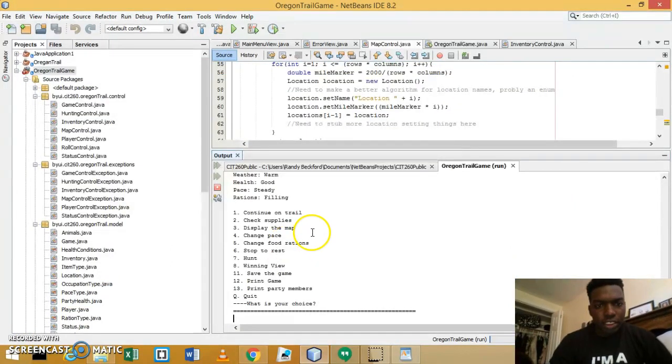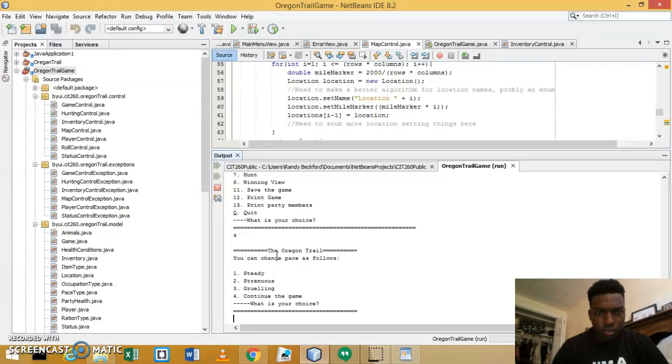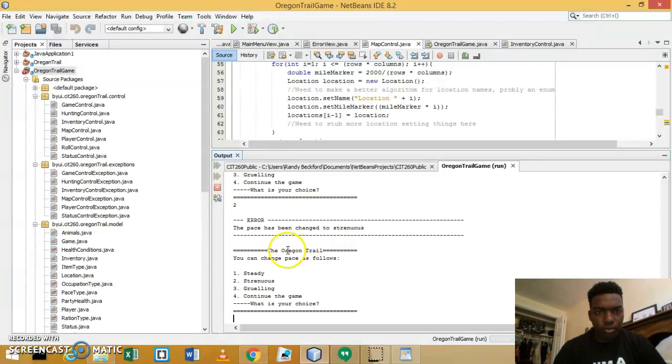And so you can see that this is a fully functional game. You just push 1 to continue on trail. And then it will give you a runtime showing you like the weather is warm, good, pace steady. You can, for example, change the pace from 4 to 2, strenuous, and then